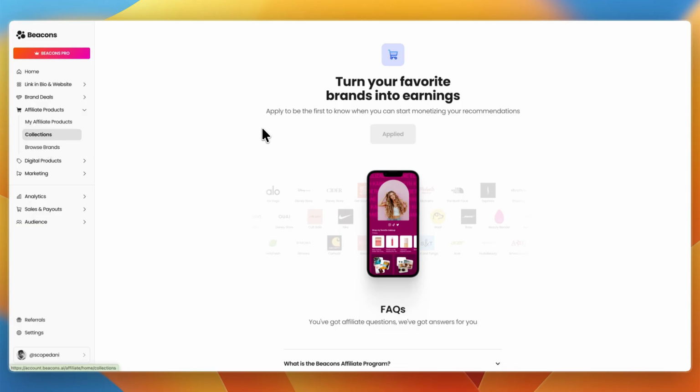audience. So essentially, when you have been accepted, what you want to do is go to browse brands and find a brand that matches your audience. Then you can apply to that brand and tell them why you would be a good fit. Then they can either accept or deny your application. If they accept it, you can get your affiliate link, or even better, what you can do is then add